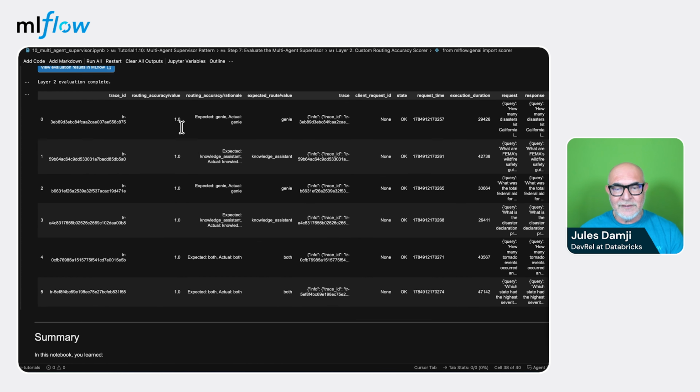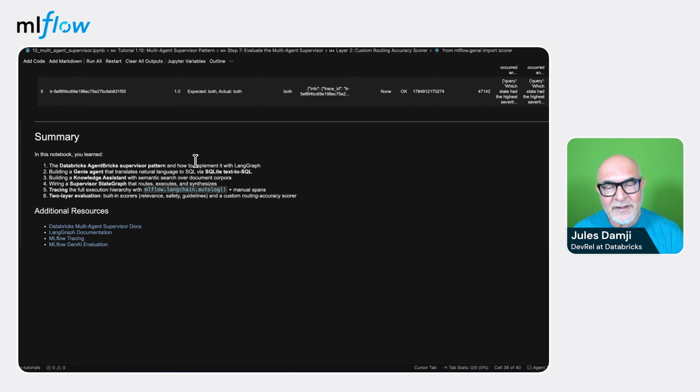So what we have done, in summary, is we tried to simulate the Databricks Agent Bricks Supervisor pattern that has the ability to create Genie agents. One of the agents can be an SQL agent that's querying your tables, your database, your structured data, and the other one is querying your knowledge base, which is unstructured data. You might have PDFs there, you might have HTML files, anything, and then based on the supervisor pattern, it's going to route that. And we used that